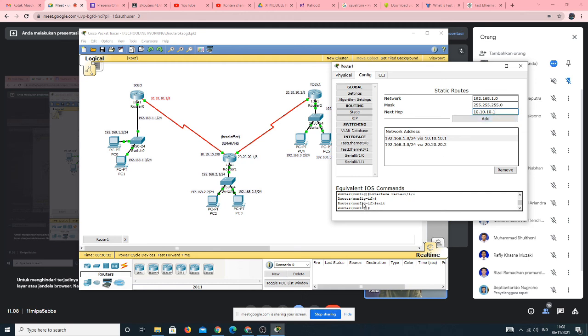Once more configuration for the IP route Semarang Jogja ya. So the network is 3.0.